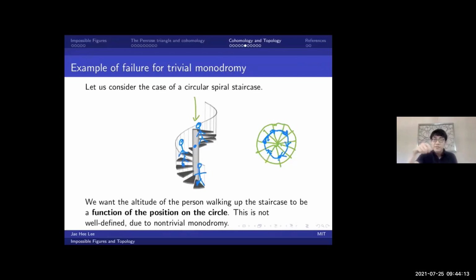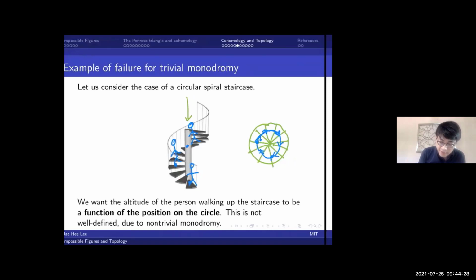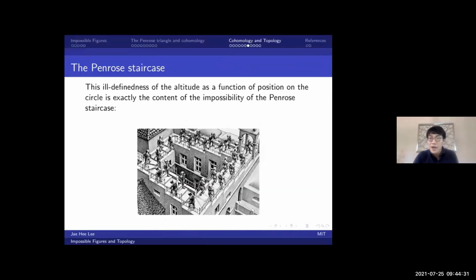And that's exactly because you have this kind of non-trivial monodromy. As you move around the circle, you pick up some non-trivial correction when you make a full turn. Okay, and indeed, this non-trivial monodromy for this circular staircase is exactly describing why the Penrose staircase is an impossible figure. The Penrose staircase is an optical illusion of some ideal staircase which always ascends on a circle. So on this Penrose staircase, which doesn't exist, you always go up, but you come back at the same point somehow,